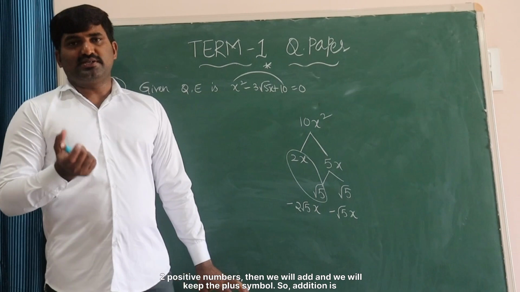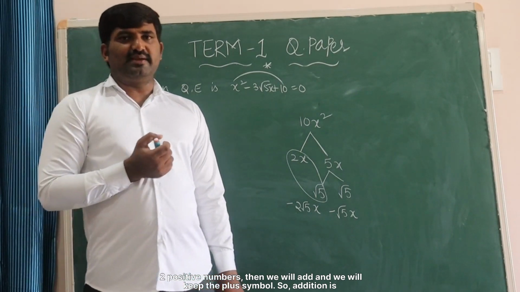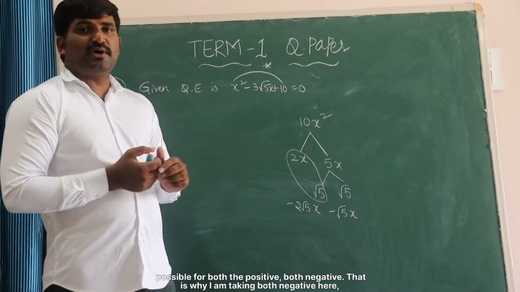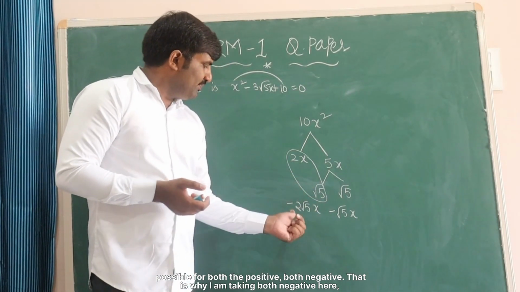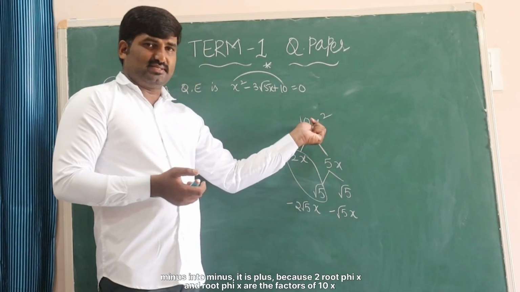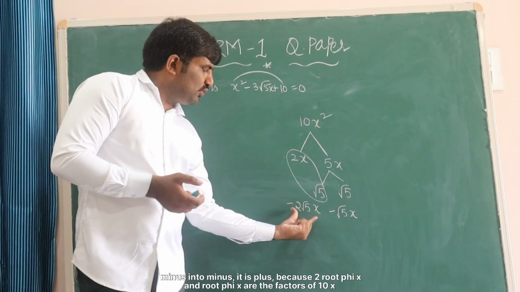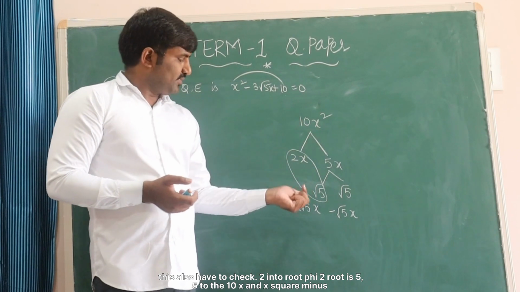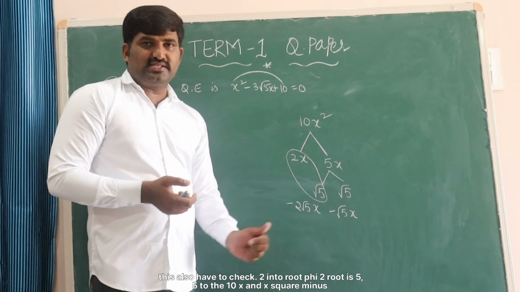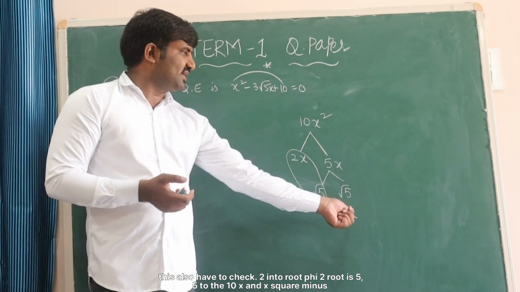When you have two positive numbers, then we will add and keep the plus symbol. So addition is possible for both positive and both negative. That's why I am taking both negative here. Minus into minus is plus, because 2 root 5x and root 5x are the factors of 10x square. This also you have to check. 2 into root 5 into root 5 is 5, 5 2s are 10, x into x is x square,